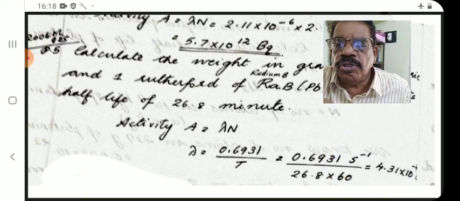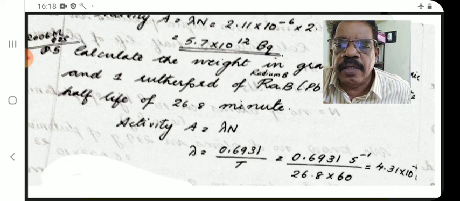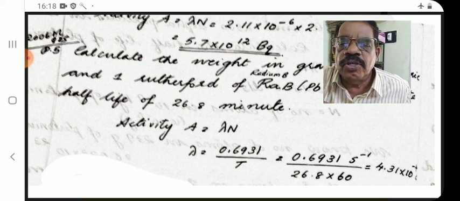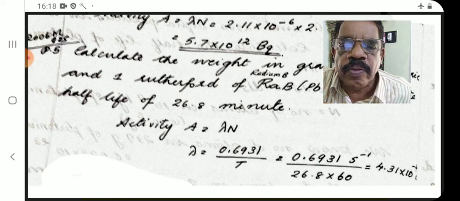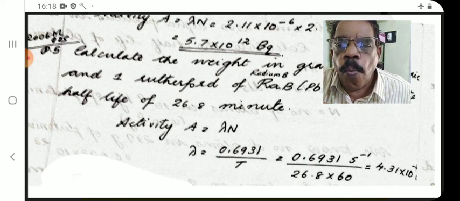Activity A is equal to lambda N, where lambda is 0.6931 by T. We convert into second by multiplying it by 60. That is 0.6931 by 26.8 into 60. That is 4.31 into 10 raised to minus